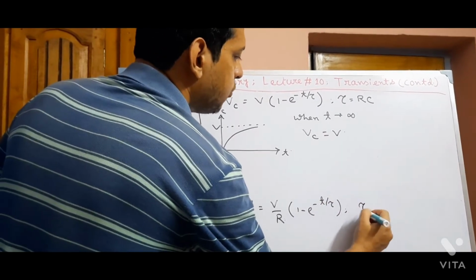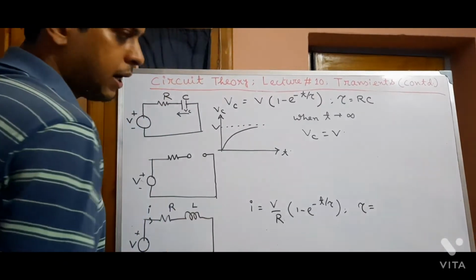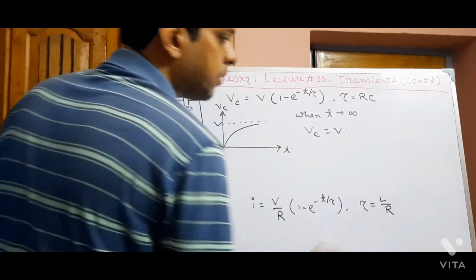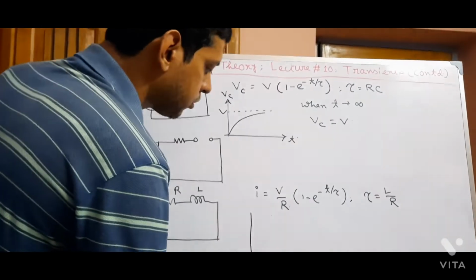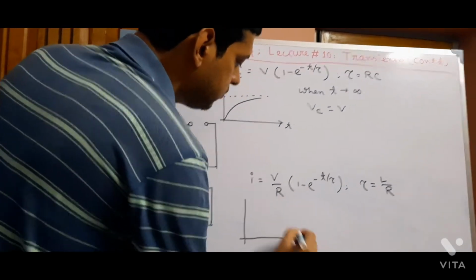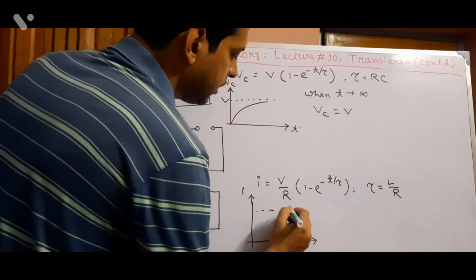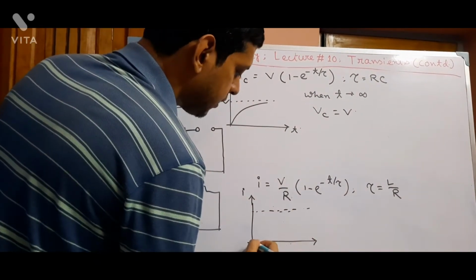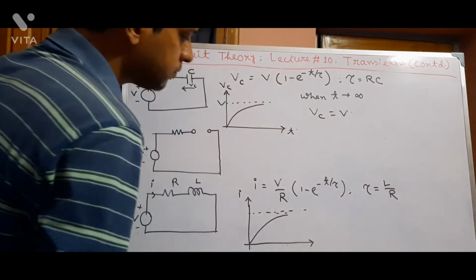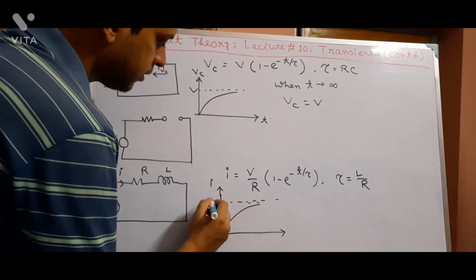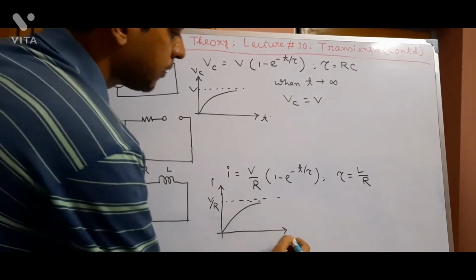Here tau is the time constant of a RL series circuit and given by tau equal to L by R. Here also the nature of I with time is given by this graph,